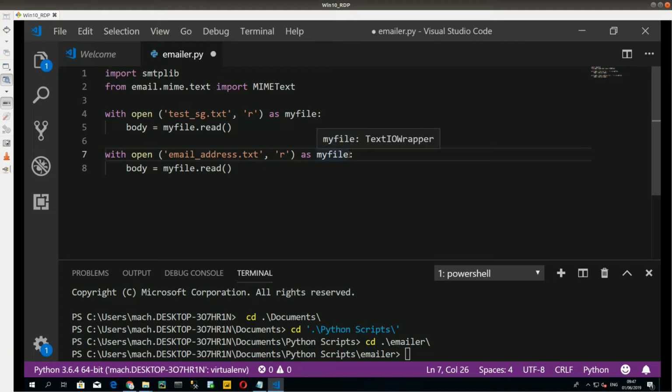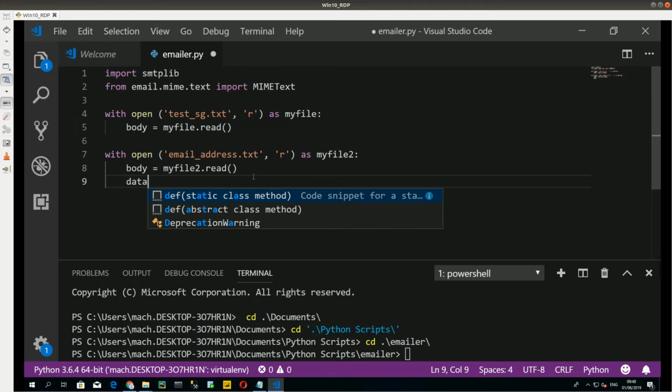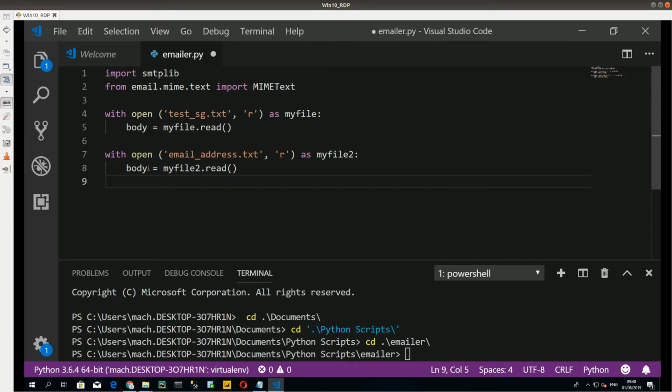Okay, so we'll call this, I'll make the variable simple. I'm not worried about variable names at the moment. I just want to show you how to do this. And we will call this data, because the email is data. So data, it's the same as before. So I already got it here. Okay, data